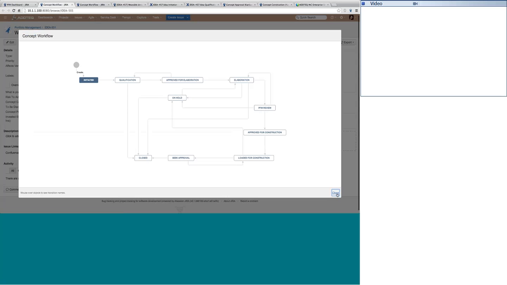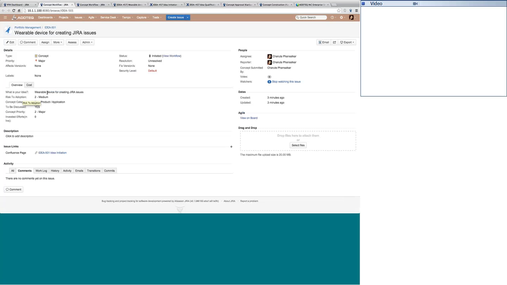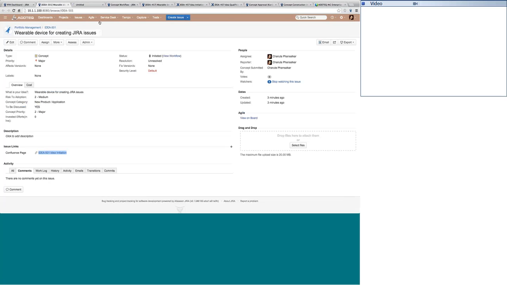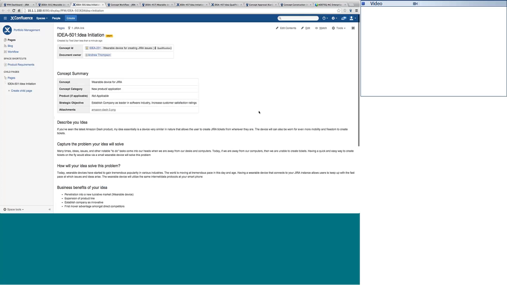At the same time, you can see that there is one page attached to this particular ticket. Now, I'm very sure that whenever a person wants to launch an idea and comes up with one, this is not the only information one would like to have. You can understand that describing your idea and capturing the problem is really important. So we have given this facility to come to Confluence, where it's very easy for the user to come to Confluence and go back to Jira from Confluence, by having this back-to-back possibility here.